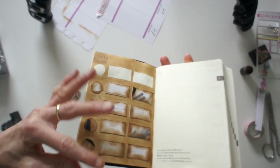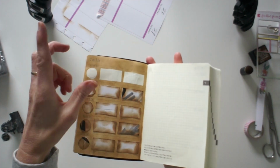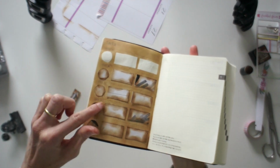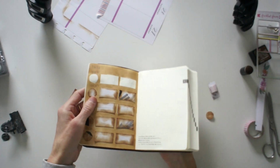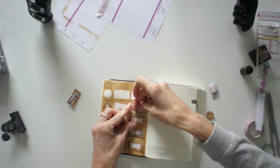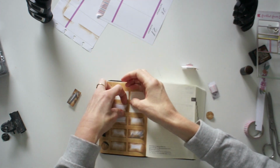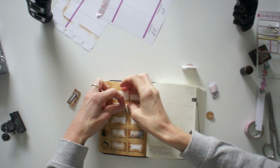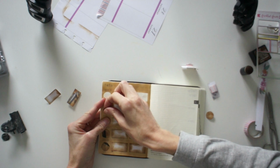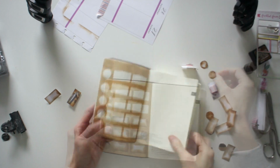It's still not finished, because I still want to do more things. This time I went with one layer, but I could also take a stencil and create some kind of pattern in the background. Well, so let's peel off all these and stay careful, because the washi tape isn't very strong as an adhesive, but still, we of course don't want to damage our pages, our paper, and voila,